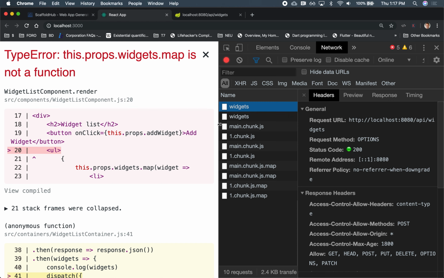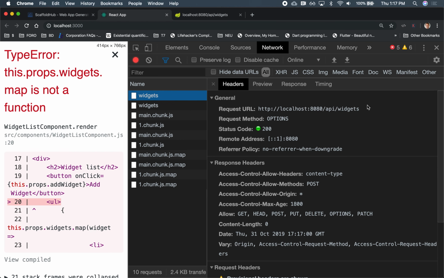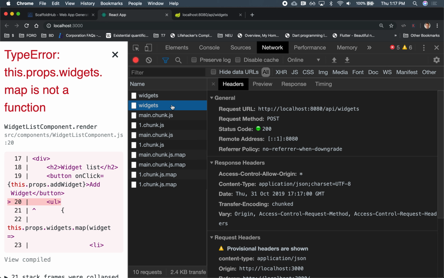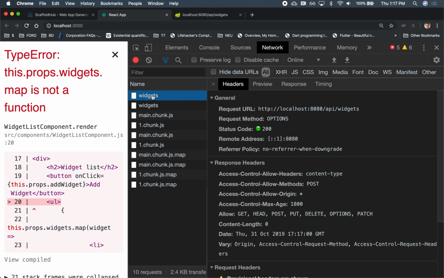So the first thing that it sent out was this widget clear request. Then it looks like it sent a second one. Let's talk about this a little bit. Notice that it looks like it did the query twice. That went out to the server. This is the first one, right? This is because we turned on CORS. And because we turned on CORS, this first query out to the widgets is basically asking the server, hey server, this client wants to get around the security. Is it okay? And the server is responding